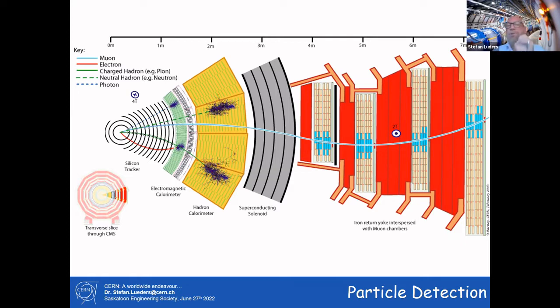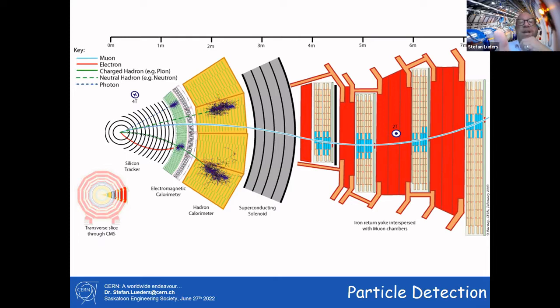The next layer is something which we call a calorimeter. After we've measured the trajectory, which is highly non-interactive because we do not want to interfere with the trajectory, now we can absorb the particles. In the electromagnetic calorimeter, we stop only photons, particles of light, and electrons. So now I can distinguish between photons and electrons, because photons are neutral and don't leave any trace. In the upper part, where this dashed line is going, there is nothing in the detector, but I still have the energy deposition in the calorimeter, so that must be a photon, while the red line is pointing to an energy deposition, and that must be an electron.